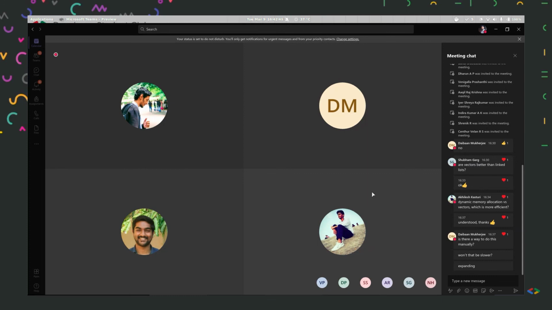So yes, the STL will take some more time because of the security checks, and they also check bounds and stuff, which we can avoid while implementing our own class. So we don't have to check the security of our implementation. That will make it faster. That's the only thing while using the STL.